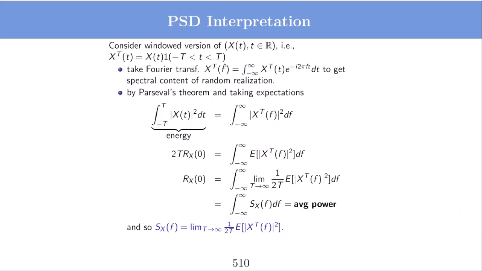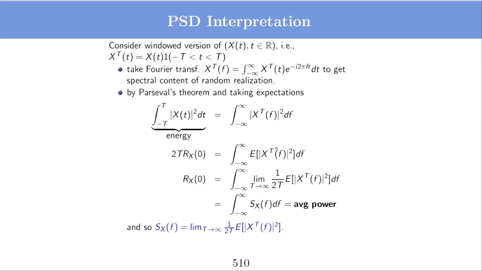Okay. Now, notice that if I take the integration of x(t) square from minus T to T, this is the same as integrating this windowed version from minus infinity to infinity. Okay. So if I take x(t) square and integrate from minus infinity to infinity, outside this window this becomes 0, and inside this window this will become x(t) square. So this and these are equal. So the integral of x(t) square dt from minus T to plus T is equal to the integration of x_T(t) square dt from minus infinity to plus infinity.